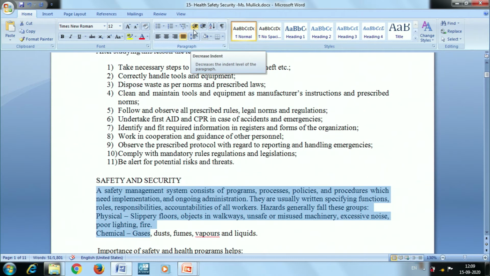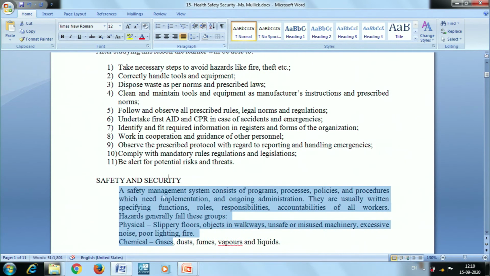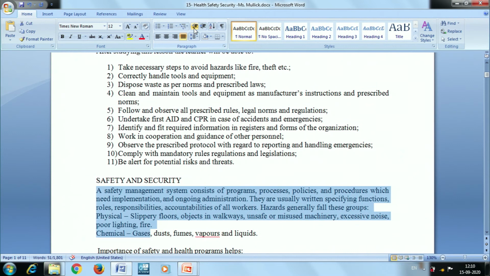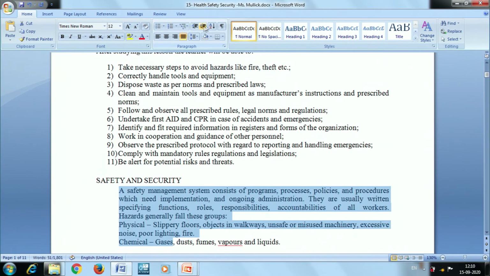Earlier we discussed increase and decrease indentation. This is the icon for the particular indentation. If I want to decrease, I have to click here. If I want to increase the indent, I have to click here. Here I want to increase the indent. If I click this icon, the content will be moved to the right side. See, it has moved. If I want to give more space, I have to click again. So the content has been aligned more. If I want to decrease the indent, I will press this decrease indent button. The content came back to the normal position. So I am applying one increase indent, and it has been placed after the heading.